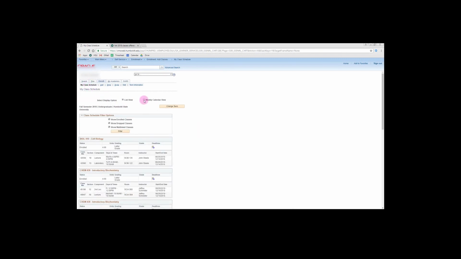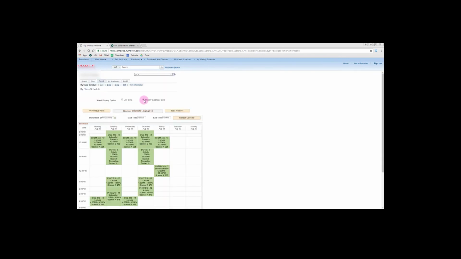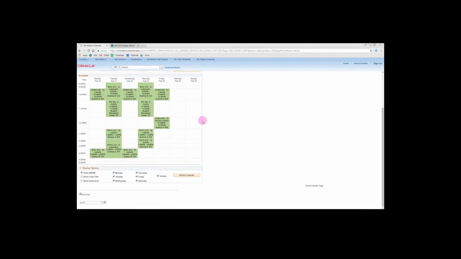Click the My Class Schedule tab. Select Weekly Calendar View. And there you have it, your updated class schedule. But here's a pro tip. If you scroll down, you can choose what information is shown on your class schedule. So I'm going to unselect Saturday and Sunday because those days I have no class,